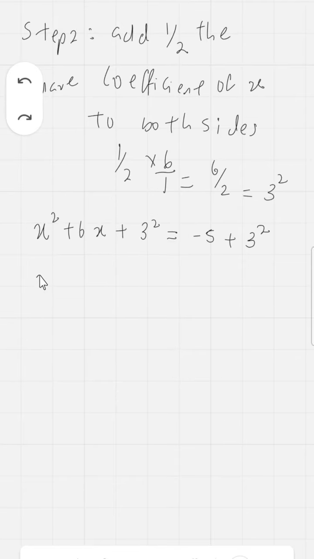Now you have x squared plus 6x plus 3 squared, right? Now another thing you're going to do when you're completing the square is this. You pick x from x squared, pick the sign of the coefficient of x, then pick the 3, just 3, not squared, all in brackets squared, equal to minus 5 plus 3 squared. I'll do that again. You pick x from this x squared, you pick the sign of the coefficient of